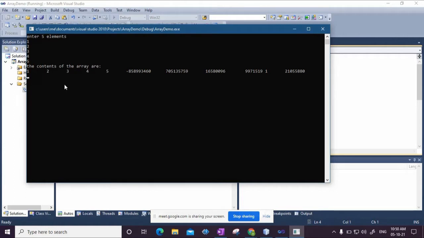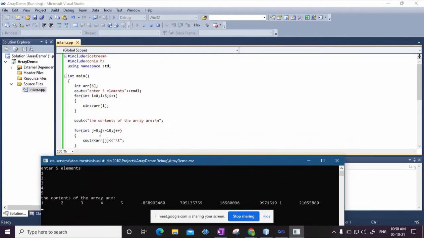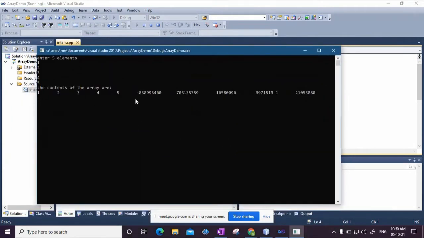Just check. The contents of the array are, it is printing the first element exactly correctly, 1, then 2, then 3, then 4, then 5. So actually here the bound of the array is over. But you see in my for loop here, I have said j less than equal to 10. So it is trying to cross the bound of the array, and you see these negative numbers, these are garbage values. So these are the contiguous memory locations which are beyond the limit of the array. So total 1, 2, 3, 4, 5, 6, 7, 8, 9 and 10. These are the elements which are printed.